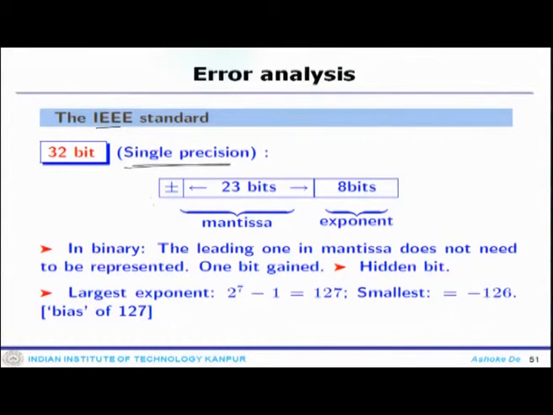So, this is the sign of the number. 23 bits are actually allocated to the mantissa and 8 bits are allocated to the exponent, 1 bit is allocated for the sign. So, this is how the distribution actually takes place. If you think about what you are doing as an engineer, you are sending some commands to the computer. You are saying, hey, you do this, but the computer does not understand that. So, that is why you write a program.